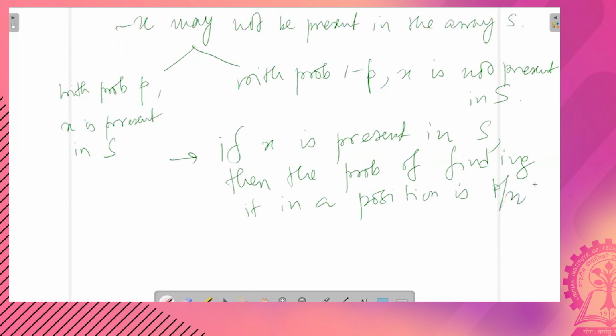So you see, earlier it was 1 by n, now this has changed to P by n, because again it is equiprobable within the array elements 1 to n.